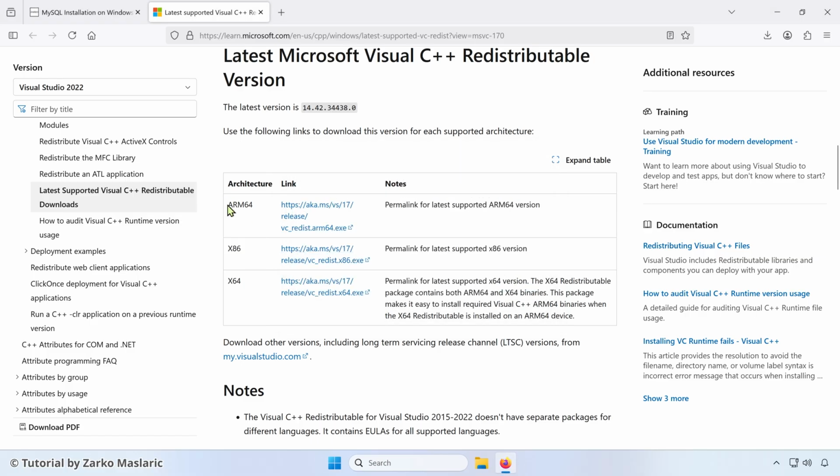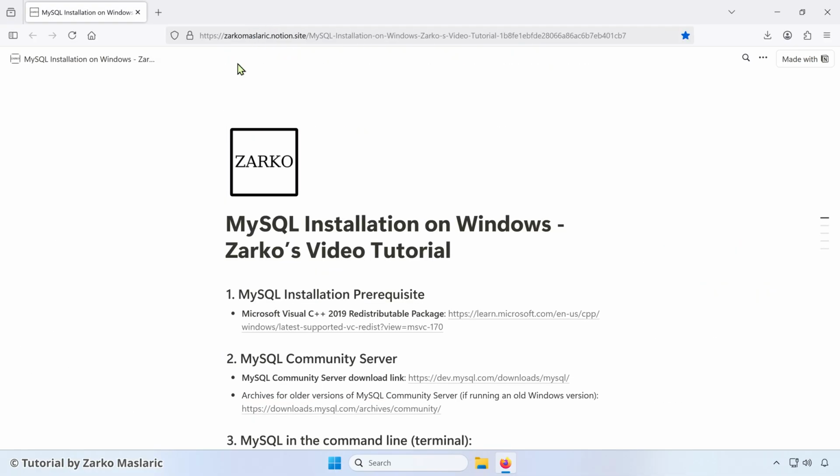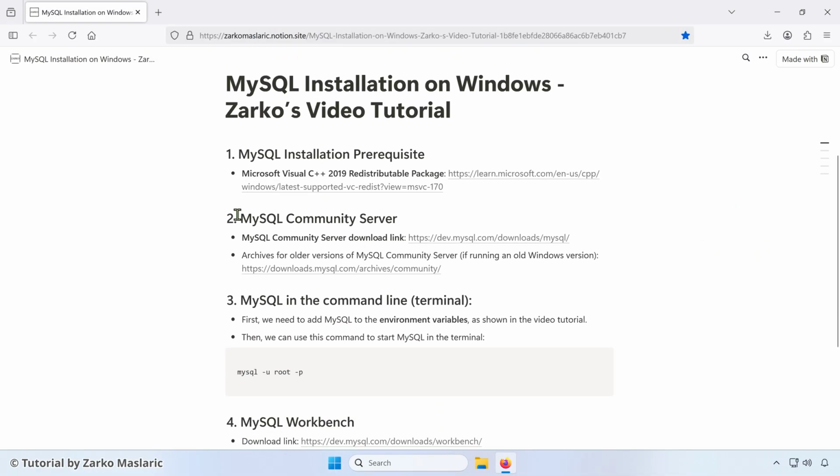And in the future, if you ever use the ARM64 version of Windows, then you're going to be downloading and installing that. But unless you explicitly know you need that, then you don't have to actually download and install it now. Okay, so after that's done, we can close this tab and go to the second step of installing the